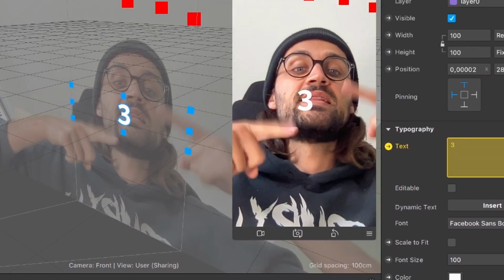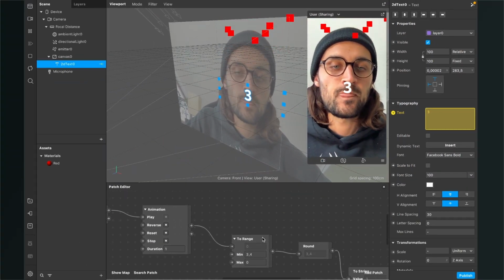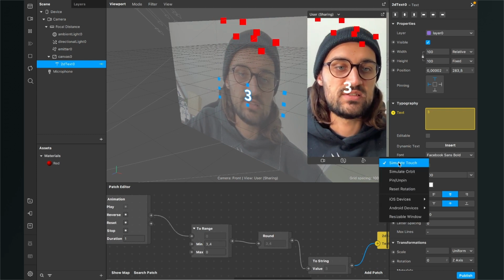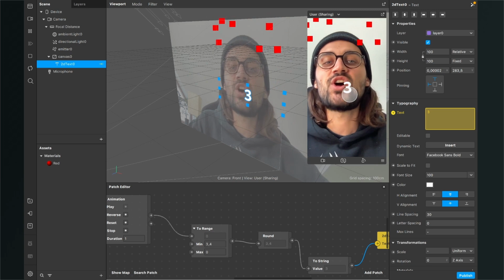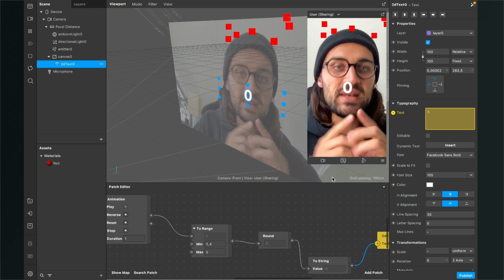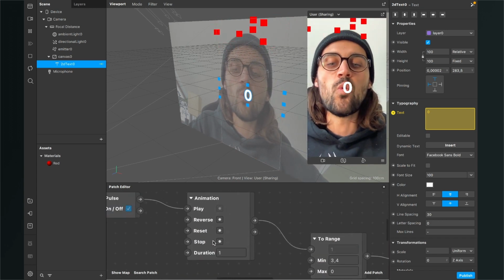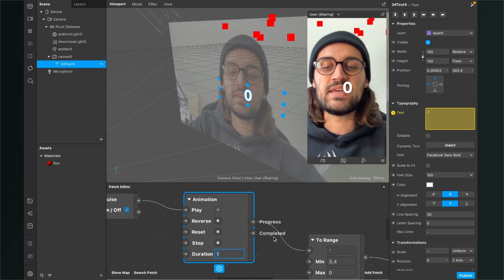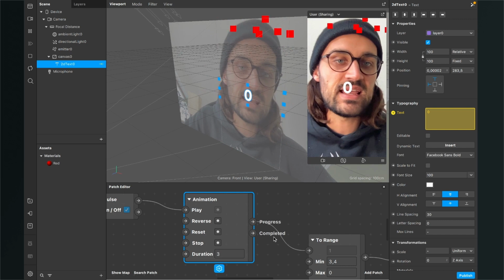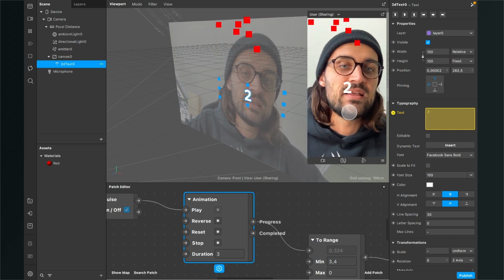So now the text element says free, and now when we change this here to simulate touch and touch on the screen here, we can see that the countdown is starting. At the moment it is pretty fast because the animation patch is set to 1 as a duration. Here we will set it to 3. So yeah, the duration is 3 seconds, and now when we restart the filter and click here again, it is